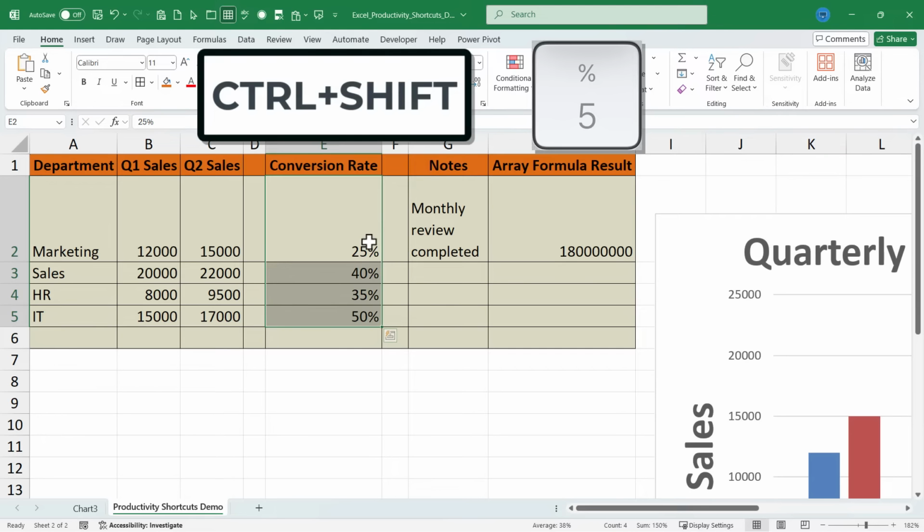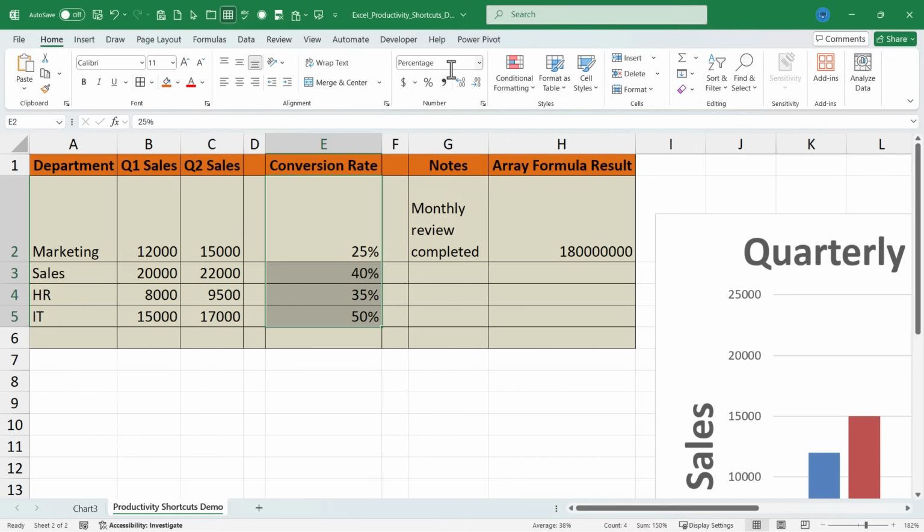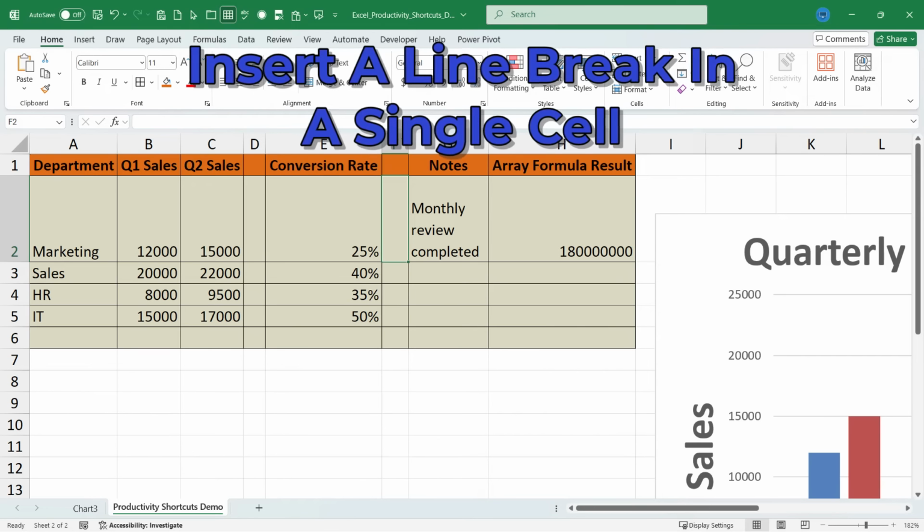So Control, Shift, 5 or %, and it applies the percentage format to that range of cells. The more you can keep your hands on the keyboard, the more efficient and effective you'll be as an Excel user. Let's move on to Excel productivity keyboard shortcut number 3, which is insert a line break inside a single